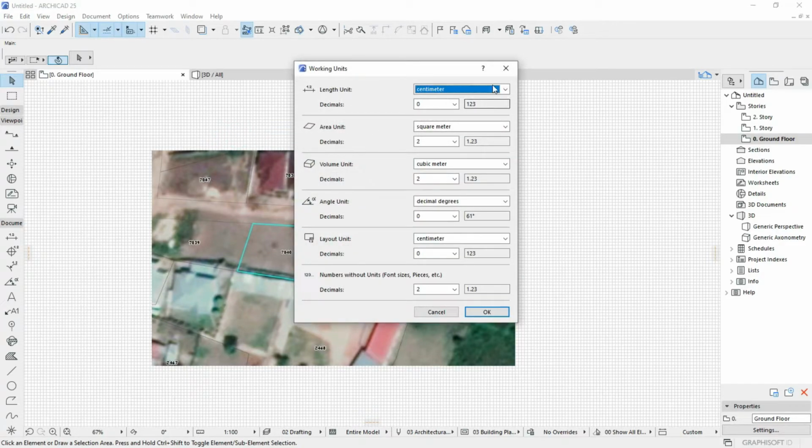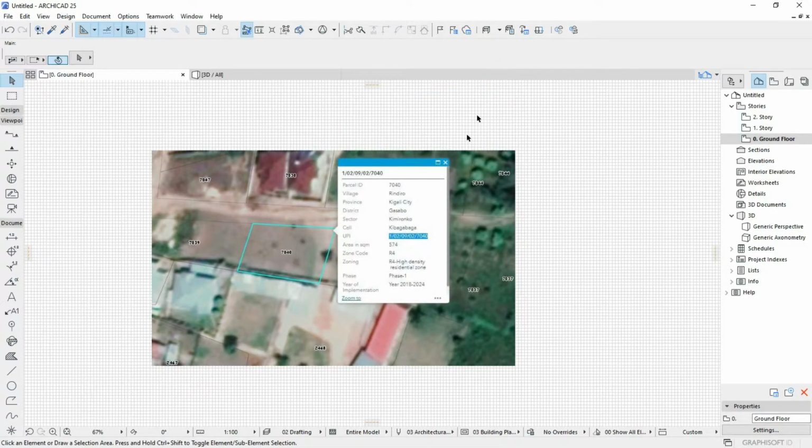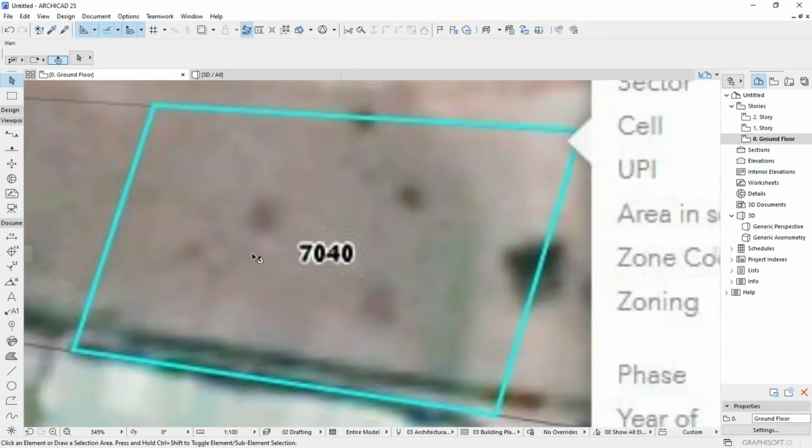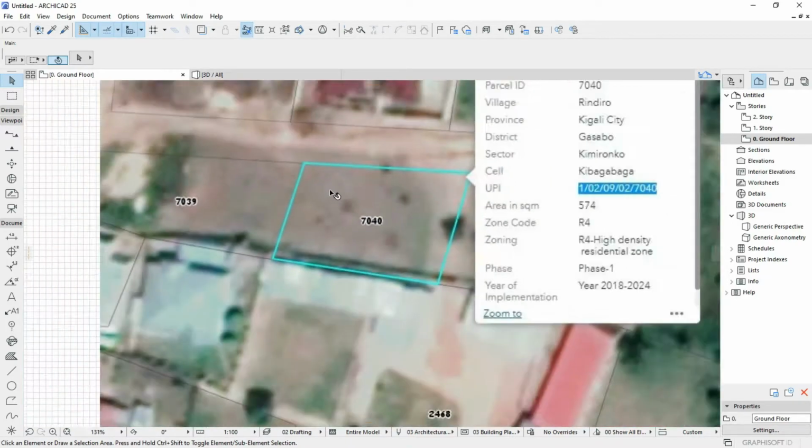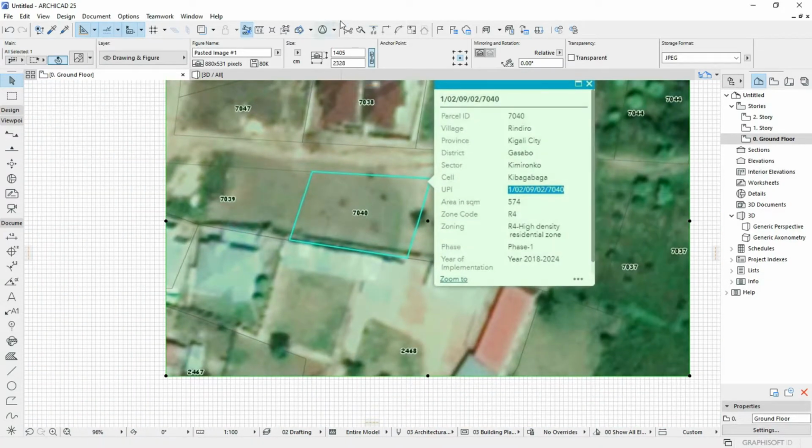See, I've already put in everything that I want to be using, so I won't be repeating this. So as you remember, we measured this side one to be actually 18.1 meters. So all you need to do is select this picture and come to the resize,